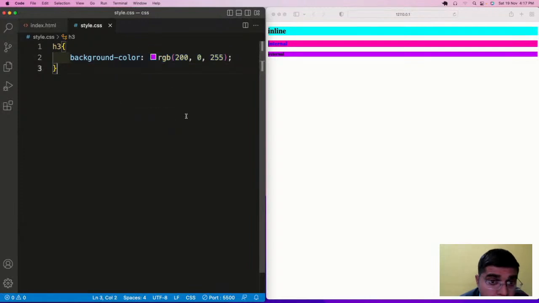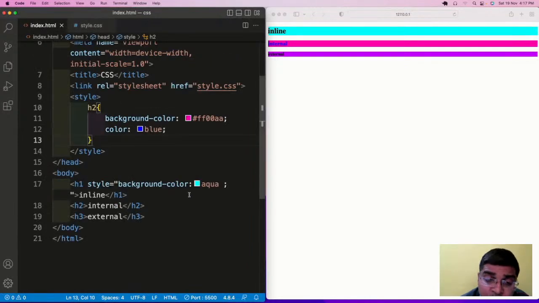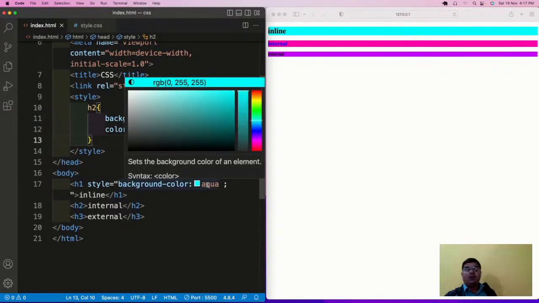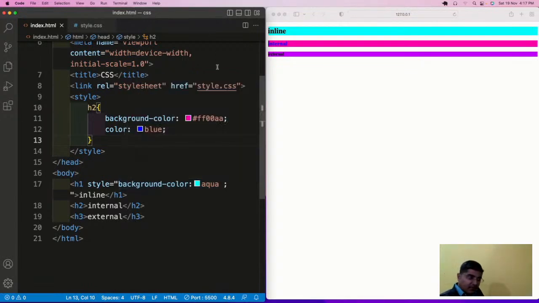So why have I used different patterns? Because I just want to tell you that these are the ways in which you can add colors. CSS is all about colors, background, styles. So here, if you see, these are the ways in which you can add colors. So first one is simply typing the name of the color, which we did as we have typed the name of the color as aqua.